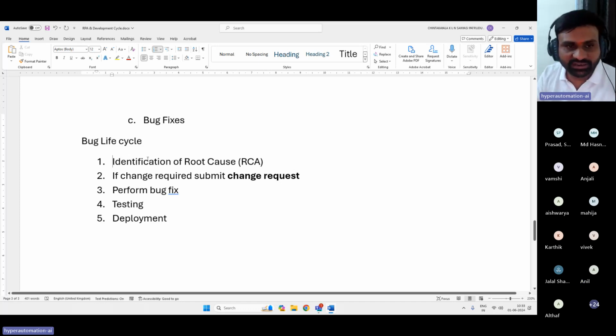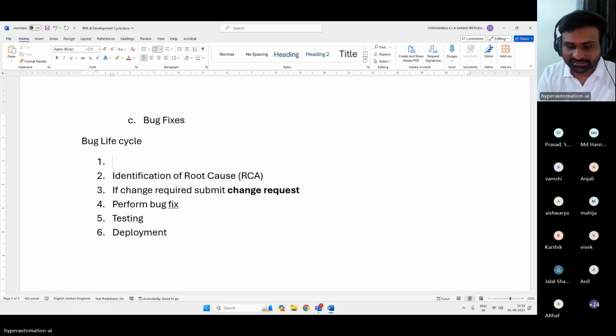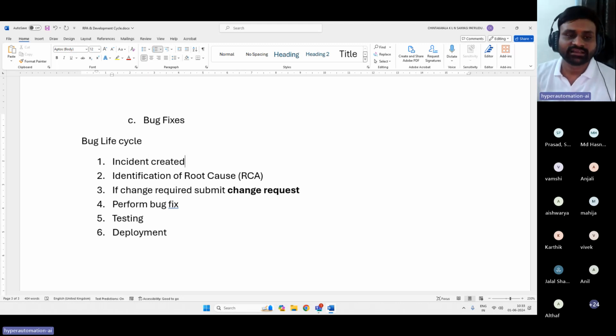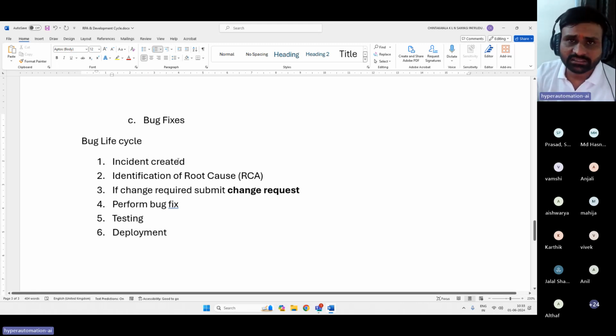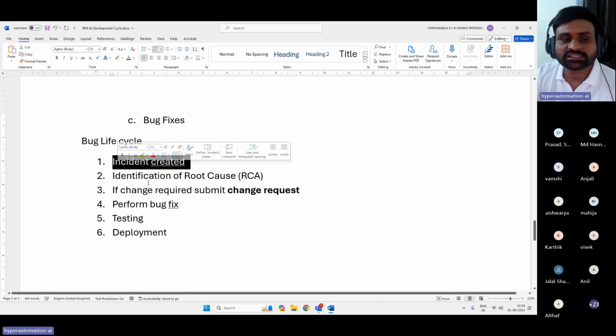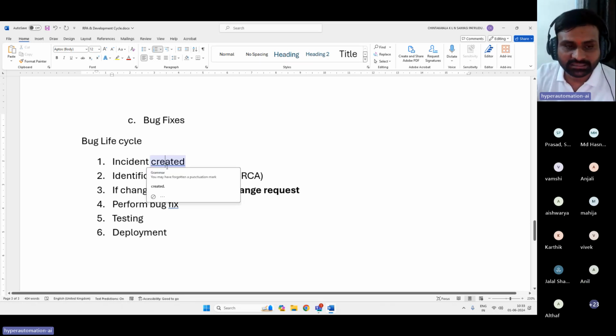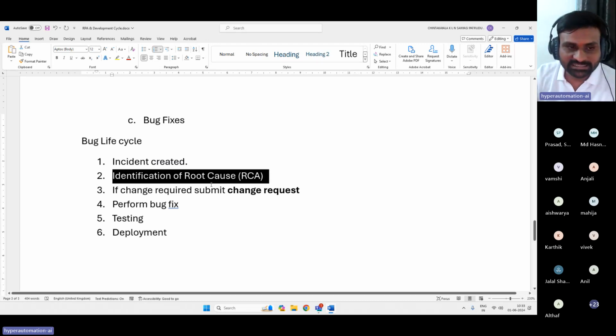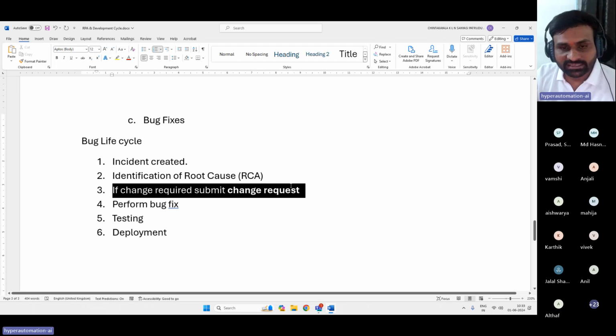In terms of bug life cycle, how generally this change request and all these things will come, right? Before identification of the root cause, an incident will be created. It can be created by our L1 team or by the business user in case they see that the process is not executing as expected. Then we'll do the root cause analysis, and if change is required, we will create a change request.